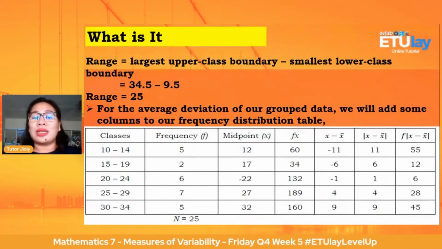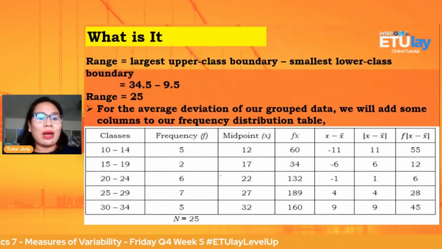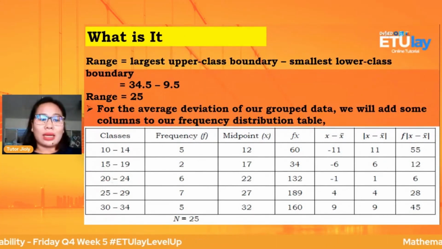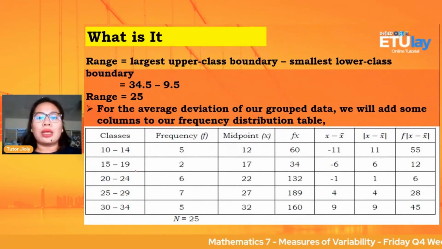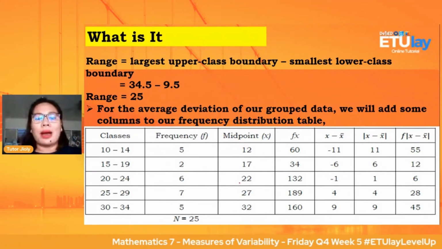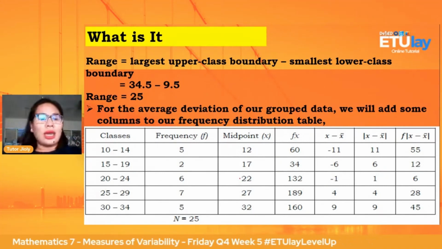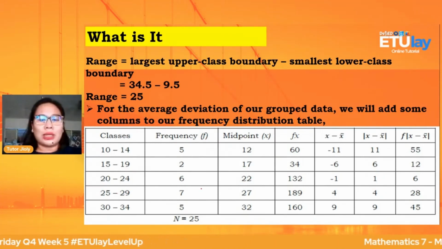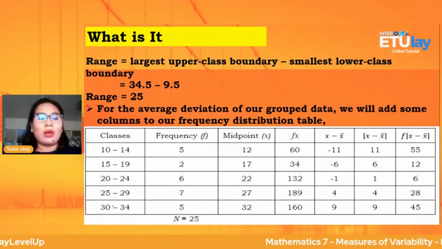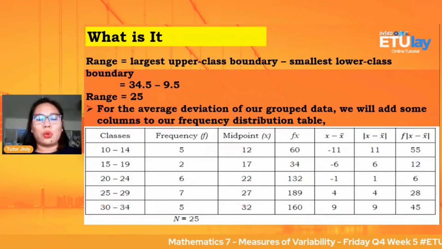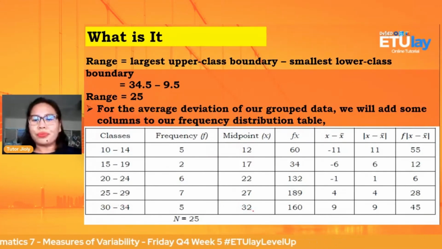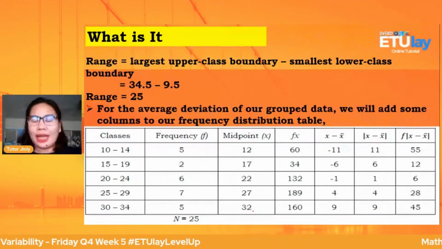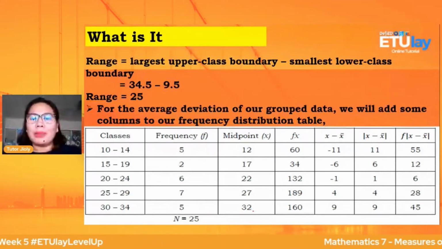Why is it that i-divide natin sa 2? Kasi mga anak, kung titingnan nyo, i-add natin. Okay? Okay, ang formula po, i-add natin, then i-divide natin sa 2 to get the midpoint or the class mark natin, mga anak. Okay? Then, same with 25 plus 29, then divided by 2, kaya nakuha natin si 27. 30 plus 34 divided by 2, kaya nakuha natin si 32. Okay. So, we have, mga anak, okay, now, paano naman nakuha si